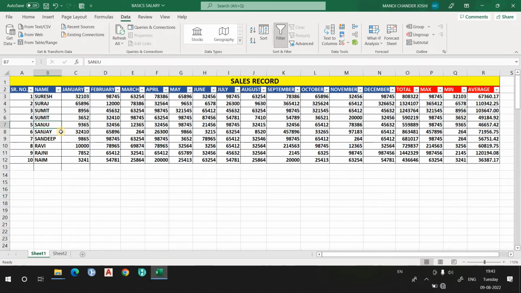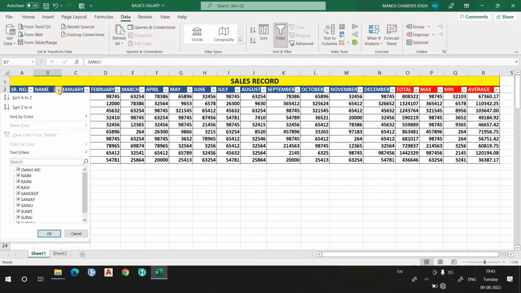What is the significance of it? The significance is that if you have a large data set, and you want to extract some information from it, you can easily extract that information with the filter. Got my point? Right now we are applying the filter at the name, text filters.